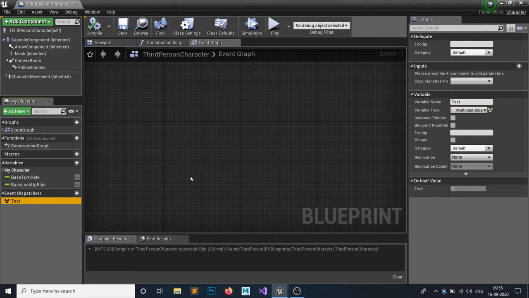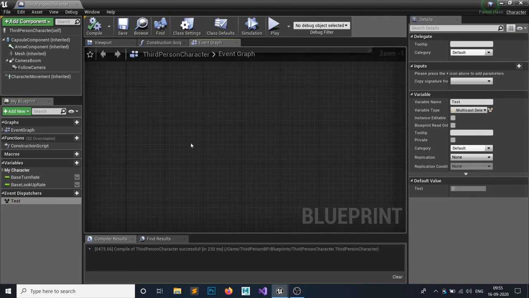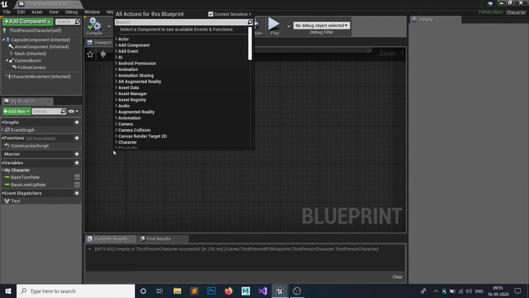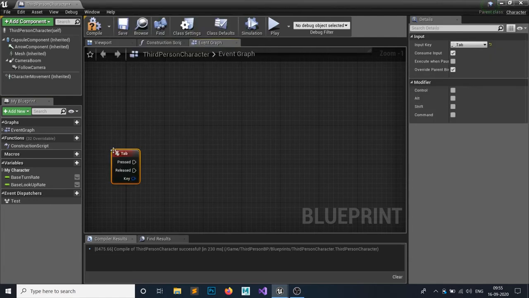So let's say there are 5 objects inside your level and 5 events are bound to this dispatcher. Whenever you call it, all 5 will get called. So I'm going to call something like this: whenever I press Tab, this event should be called. So how are you going to call that?